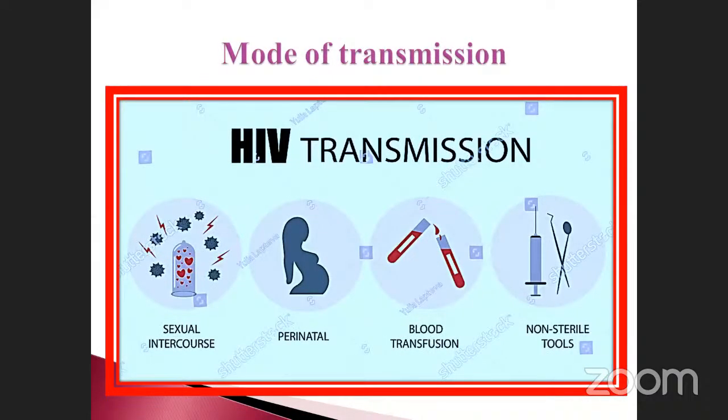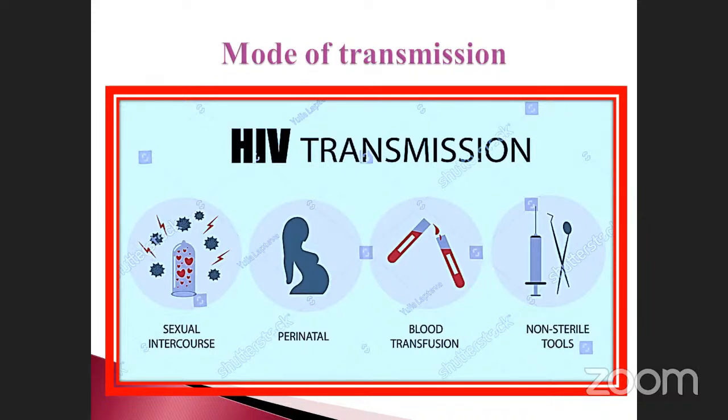Next we will pass on to mode of transmission: how HIV is transmitted from one person to another person. Here, the main categories are given in four parts. The first one is sexual contact, and the second one is parenteral. Also mother's milk to the fetus, and blood transmitted from an affected person to a normal person. When a blood transfusion takes place due to some accident, unexpectedly, infected virus also enters.